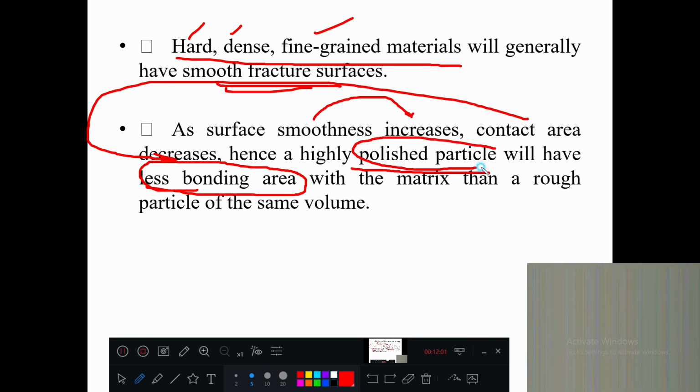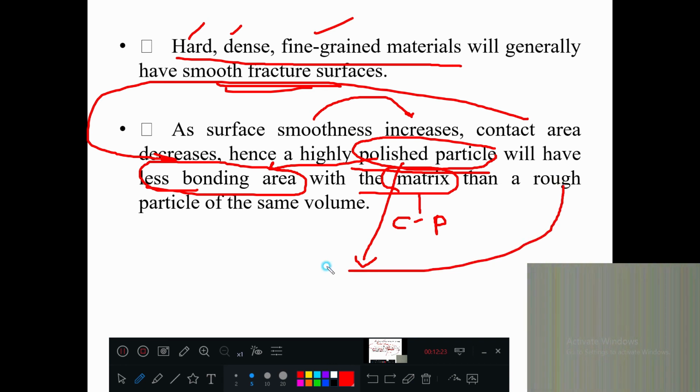Highly polished particles have less bonding area with the matrix, which is nothing but cement paste. Overall you should understand that polished or smooth particles will not be good in bonding, whereas the rough ones are good in bonding for the same cement volume.